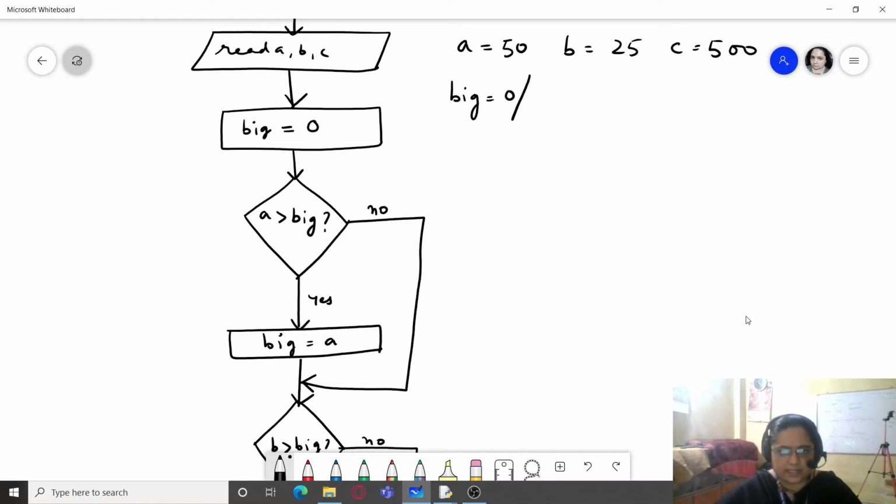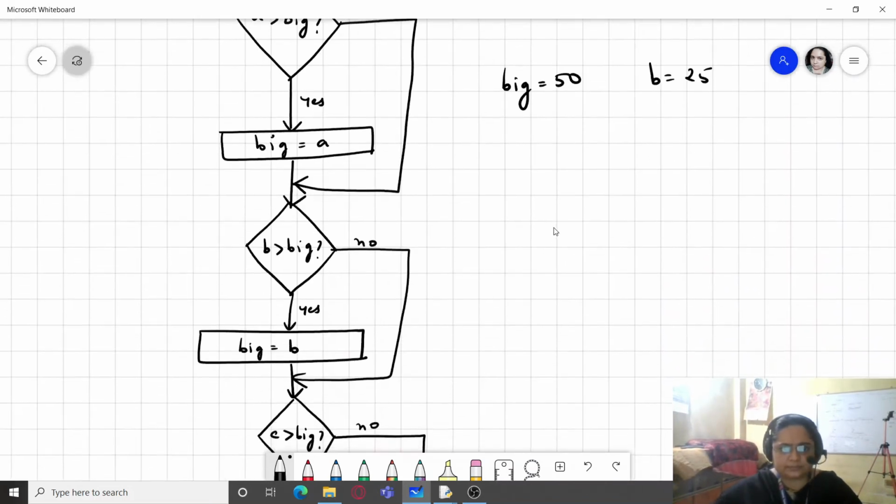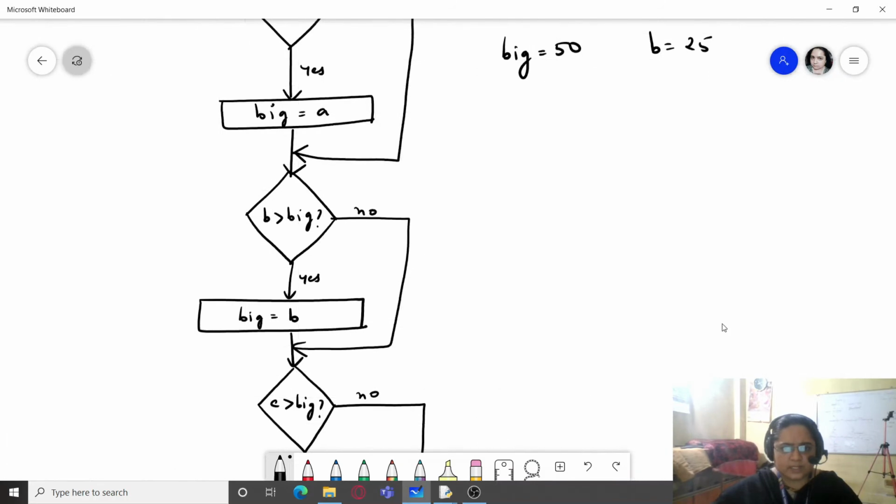So we will assign the value 50 to big. So now the value of big is 50. Now next, B is 25 and big is 50. So we come down here. Is B greater than big? B is 25. It is not greater than big. That means it will simply move on to the next condition.